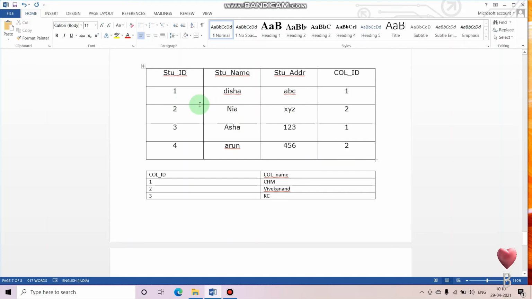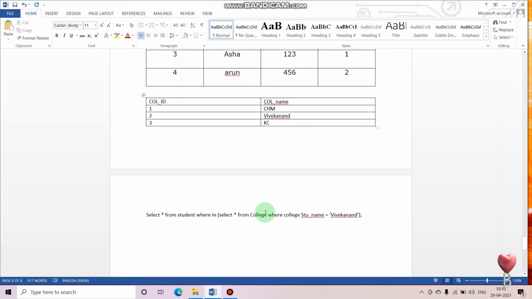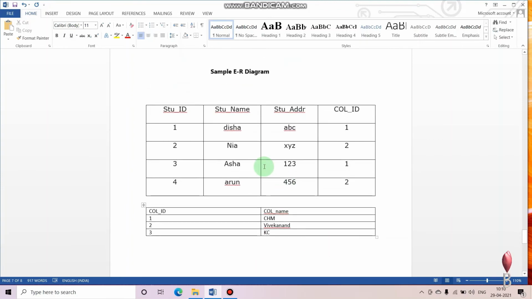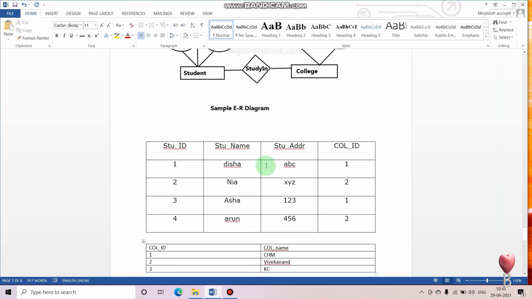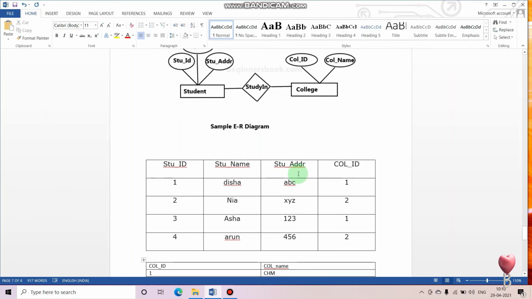It will directly associate it with this table, and it will see which college ID is there and which college ID is associated with Vivekanand. So this will be the output. This will happen inside of the database when you will try to access the data.